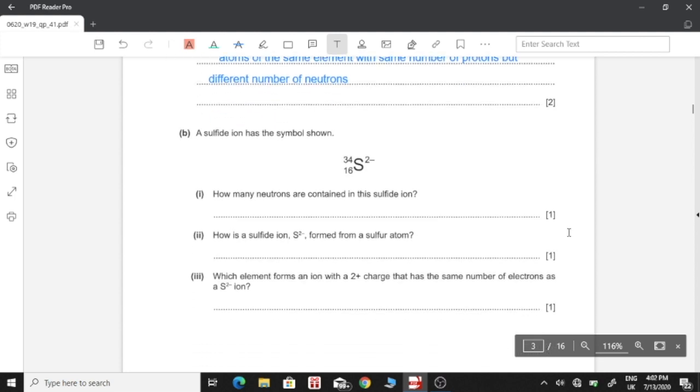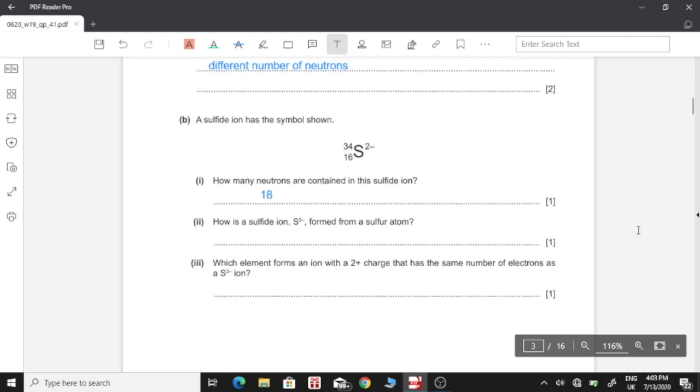Part B. A sulfide ion has a symbol shown. How many neutrons are contained in this sulfide ion? So we get the number of neutrons in any element or ion when we subtract the atomic number, which is 16 over here, from the mass number, which is 34 over here. So 34 minus 16 gives us the number 18. So we have 18 neutrons in this sulfide ion or atom,